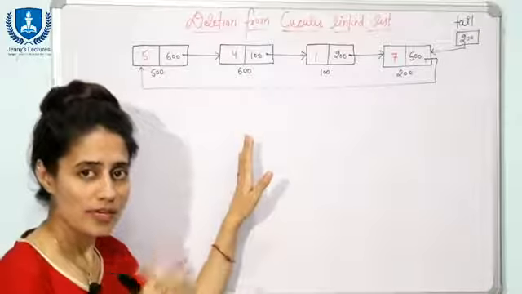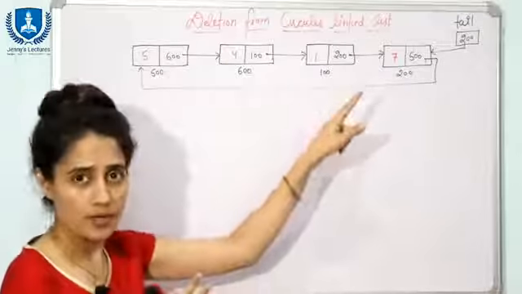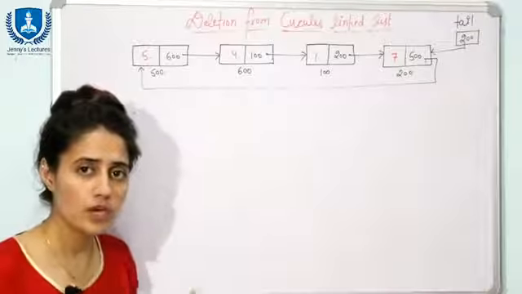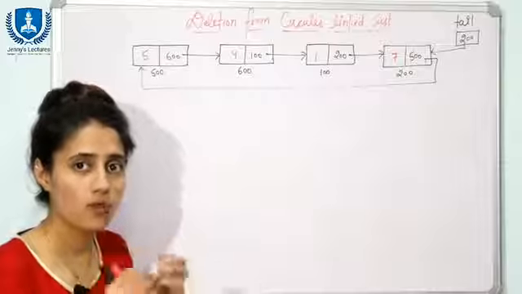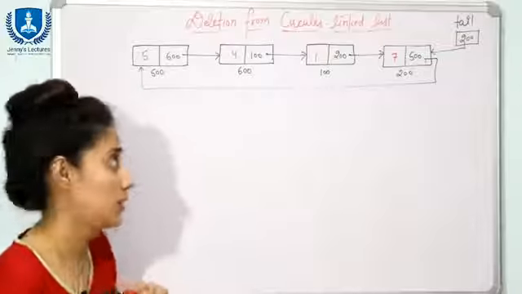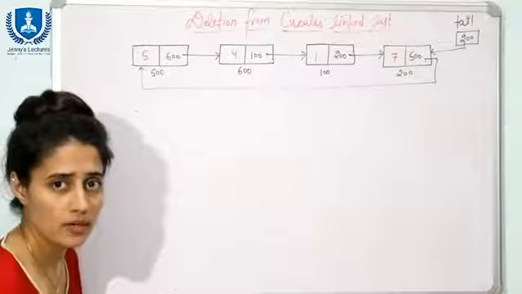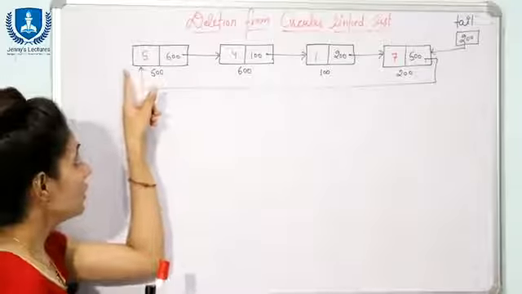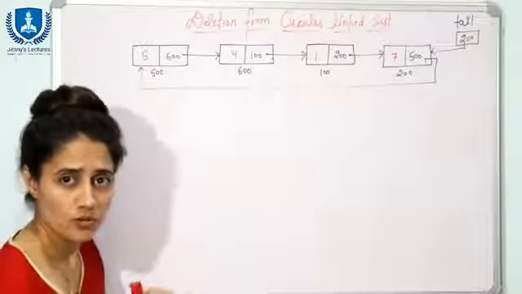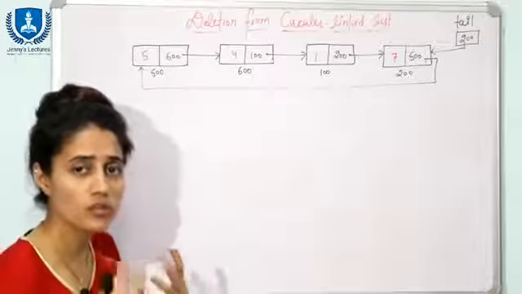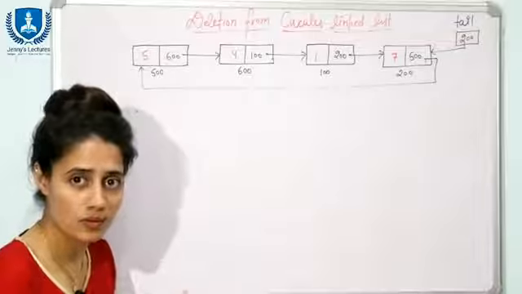So now here we have maintained only the tail pointer, right? We are not having any head pointer. Now first of all, we will see how to delete a node from beginning of a circular linked list. See, I want to delete this node, right? But I don't have any pointer pointing to this node. We don't have any head pointer. So we are not aware about which one is the first node, right?